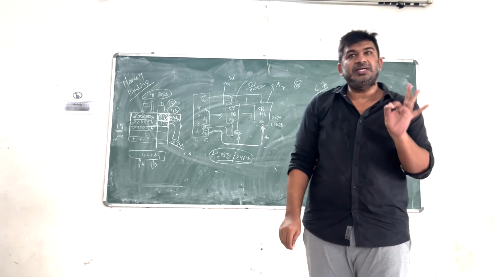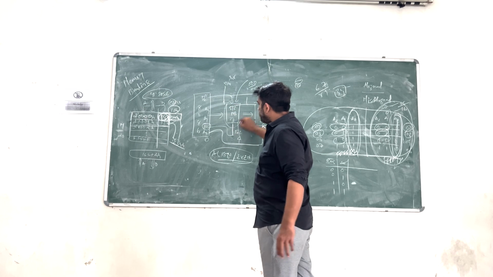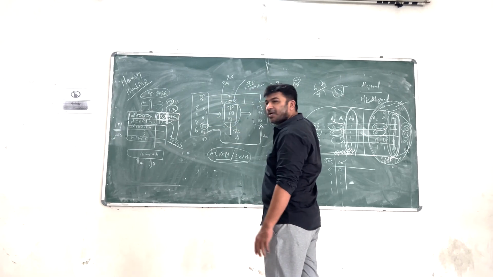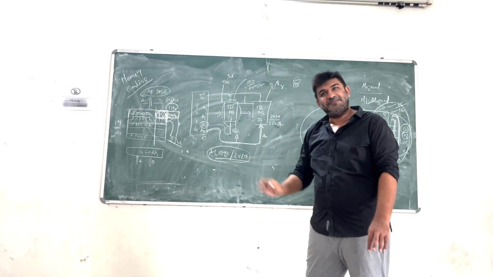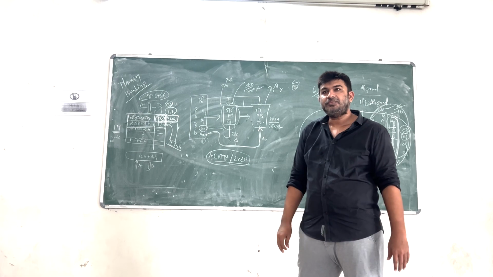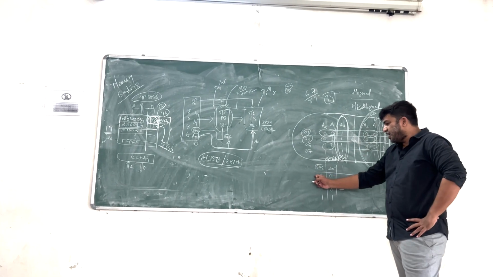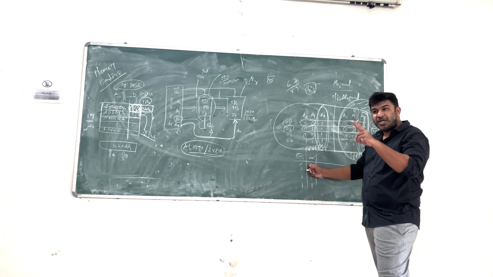Bus High Enable. So if BHE bar is 0, odd bank gets selected. If A0 is 0, this bank gets selected. If both are 0, both banks will get selected, and if both are 1, none will get selected. Very simple. So if we write it down alternatively, if BHE bar is 0 and A0 is 0, what happens? Both banks will get selected.